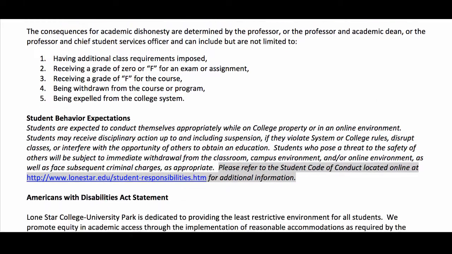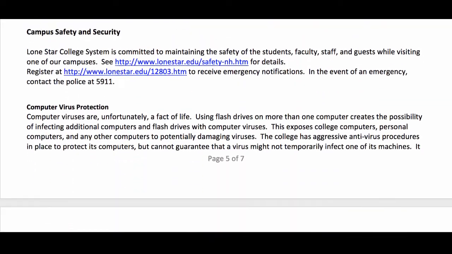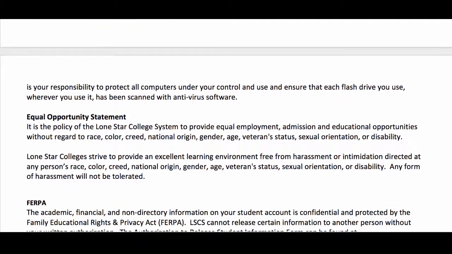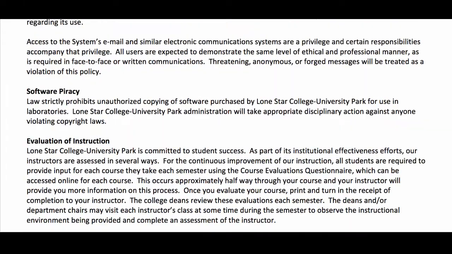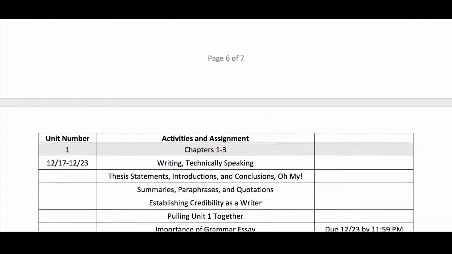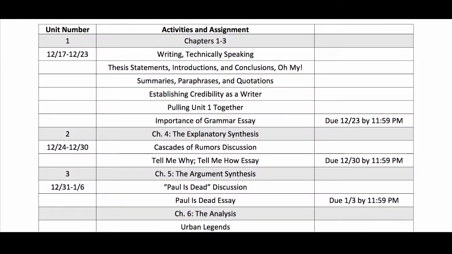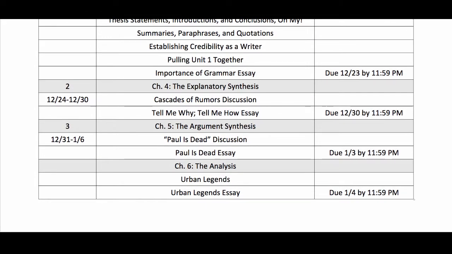All right, the rest of the syllabus until we get to the calendar is information kind of about our campus and about the college in general. So I'm going to let you read that on your own, and I just want to draw your attention to the last page, which is a tentative course outline. So if you'll look at it, you can see how much we're doing in that first week, and I also have the due dates of your 4 essays so that you can kind of pencil those into your calendar and see how everything goes. Let me know if you have any questions. Otherwise, I'm looking forward to getting to know you.